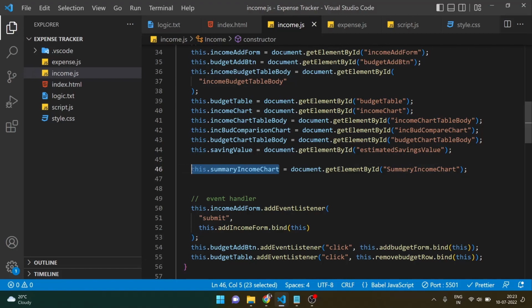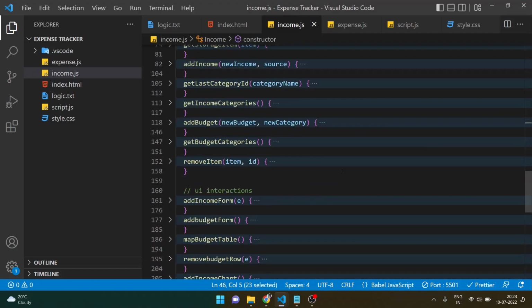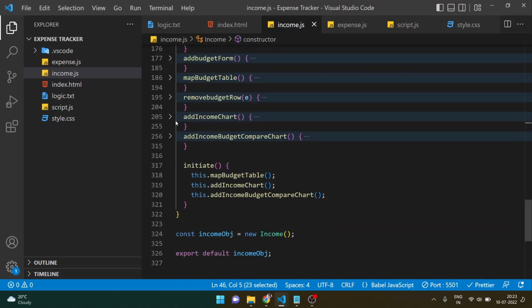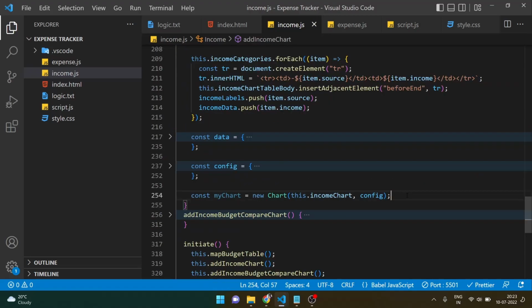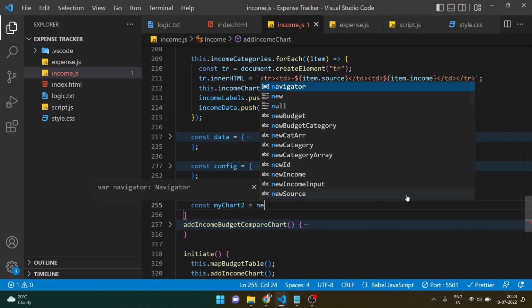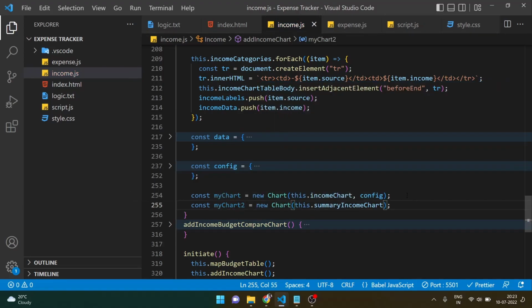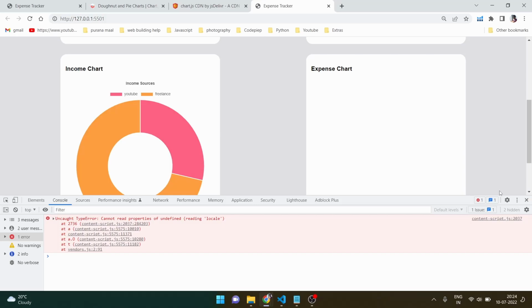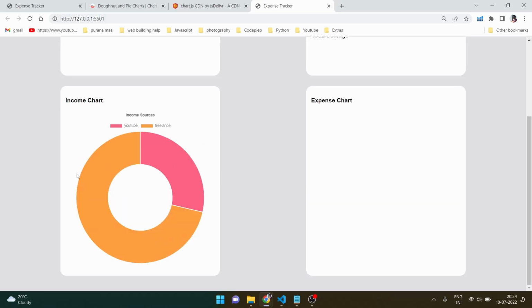Now I will take this, and in my chart making function here, which is add income chart, just below this I will say const my chart to new chart this dot summary income chart, and I will use the same config, and this should be working fine because we are using the same index.html file in all of the JS files. Let's check it out. And here, if we close our console, we can see that income chart is clearly visible,